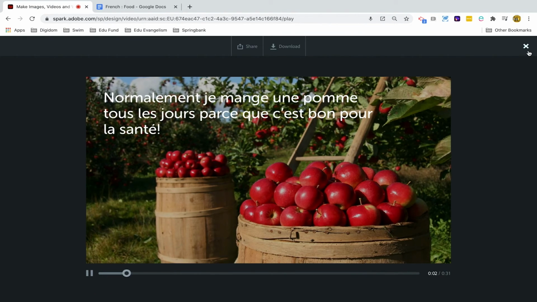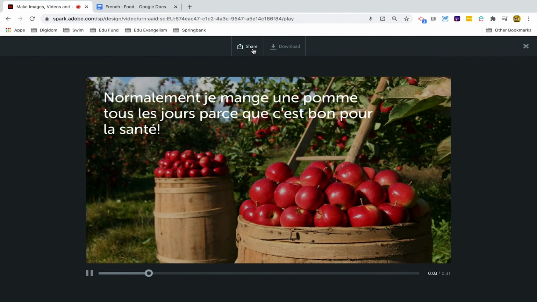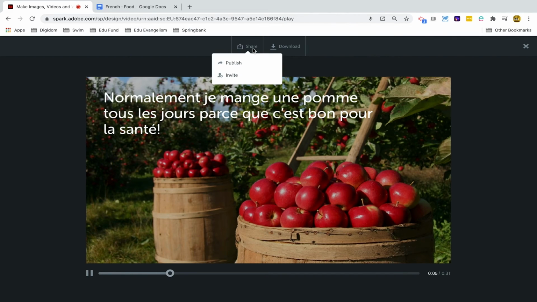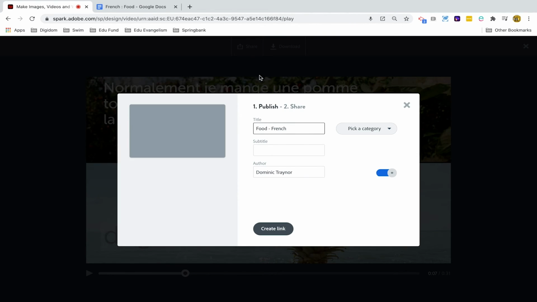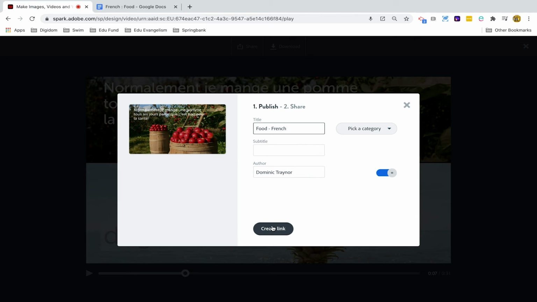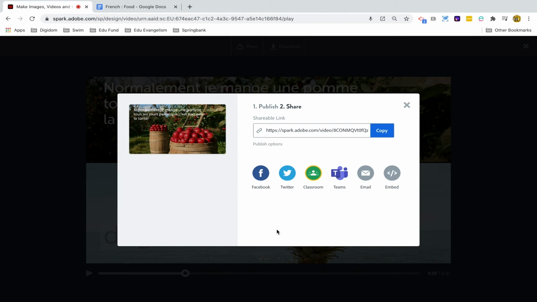There we go. And when you're ready and you're happy with what you've got, you can press share here, publish, and then you can just create link there. It's got my title, it's got my name as the author, and then create link. You might have to wait for a couple of minutes for that to come through, but once it does, you can copy the link that now exists on its own web page, which you can share with other people,